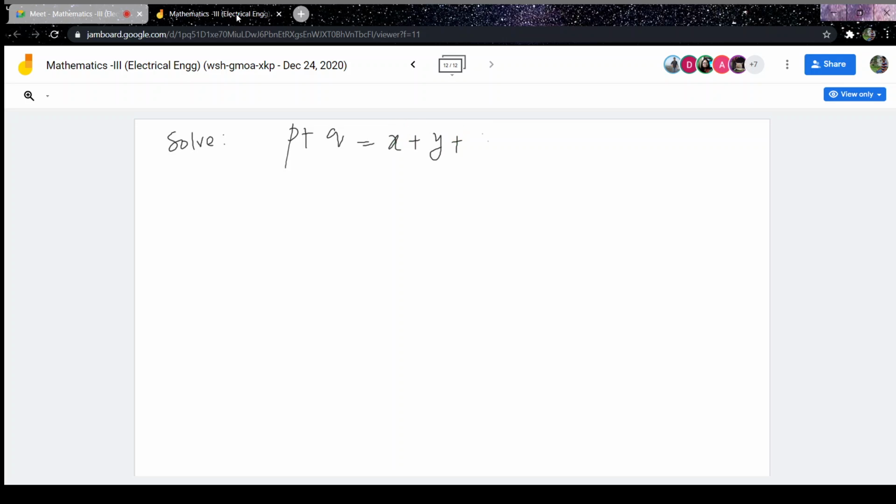Solve it. This is dx by 1, dy by 1 is equal to dz by